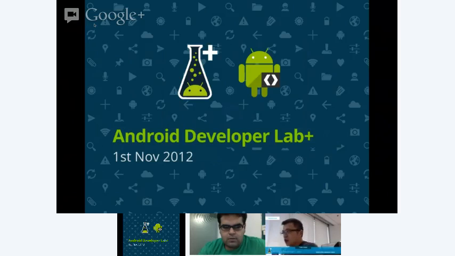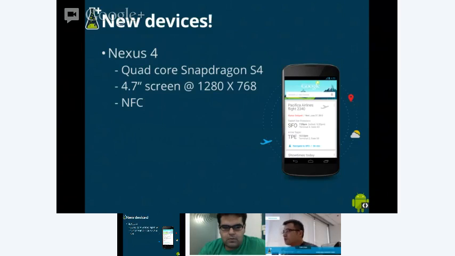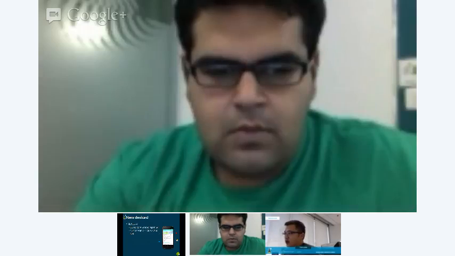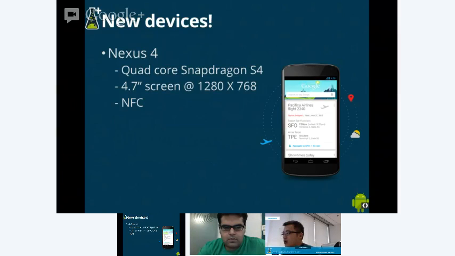So let's jump straight to the news of this week. We have new devices. We just announced this week the Nexus 4, a quad-core Snapdragon S4 with a gorgeous 4.7-inch screen, and it has NFC actually, which is what we are going to talk about today.